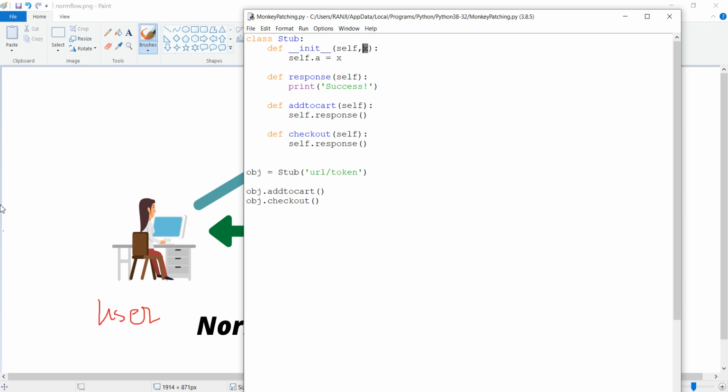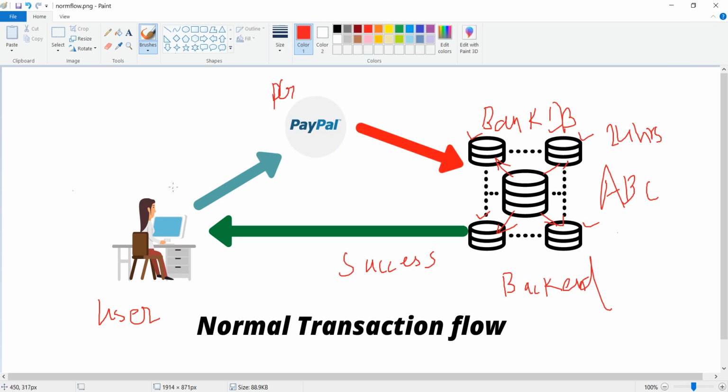The token in the real world can be some valid URL, like amazon.com, or it can also be considered as the credentials, that is your usernames or passwords. So that can be considered a token.